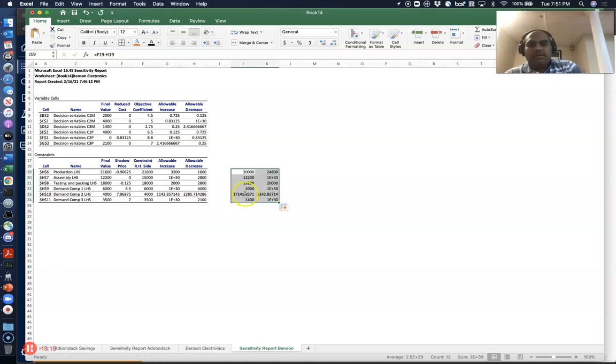So what we are saying here is that as long as the number of minutes available is between 20,000 minutes and 24,800 minutes, from this point onwards you can increase the number of minutes by 3,200 and still keep a similar solution, right? But if you change the number of minutes by more than 3,200 minutes, if you change